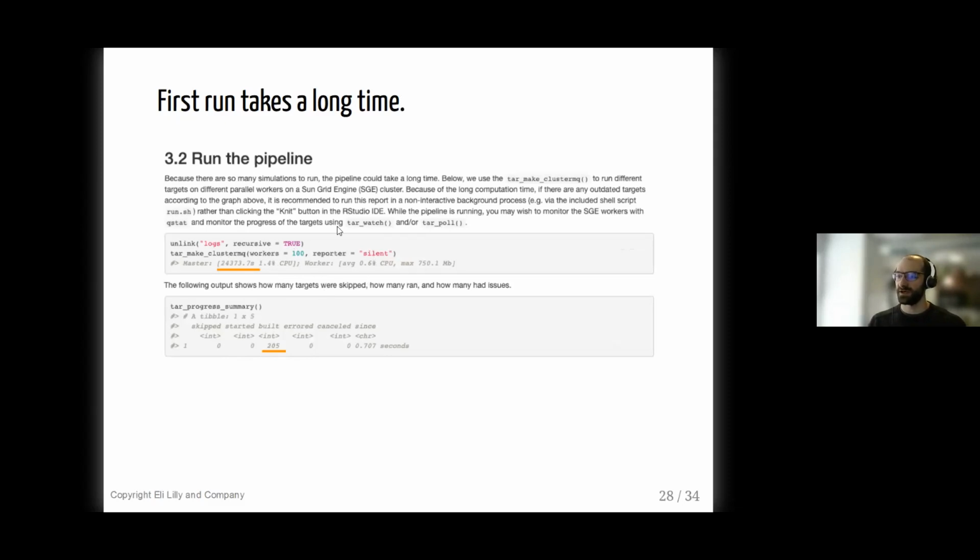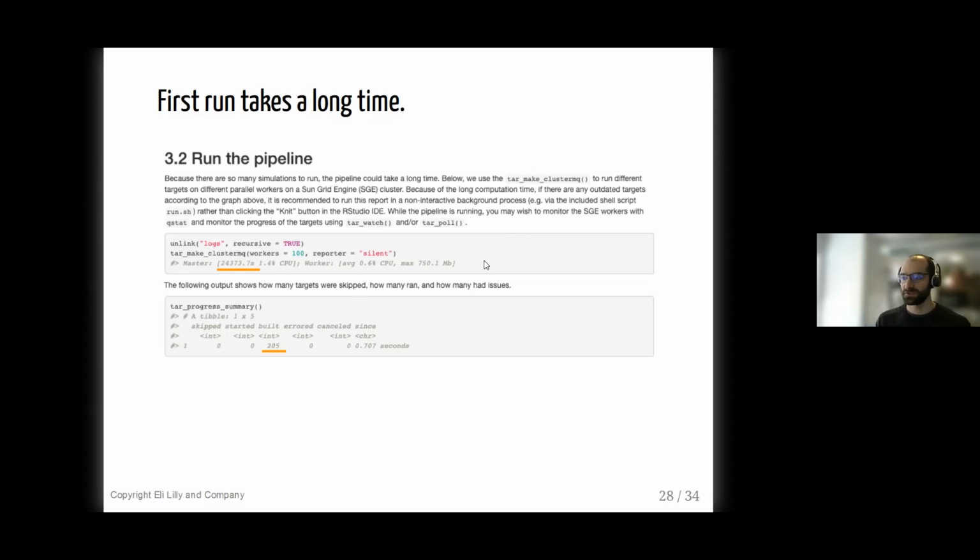During this process, I monitored the progress of the pipeline, not only through the tools on the cluster. We used an SGE cluster, so I could call qstat to see what nodes were running, but I also used functions like tar_poll and tar_progress to see which targets were at various stages of the pipeline.